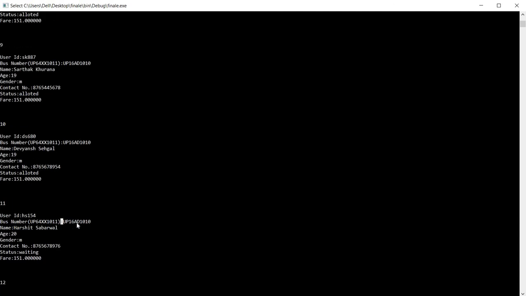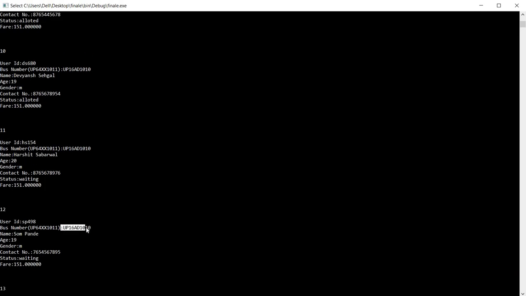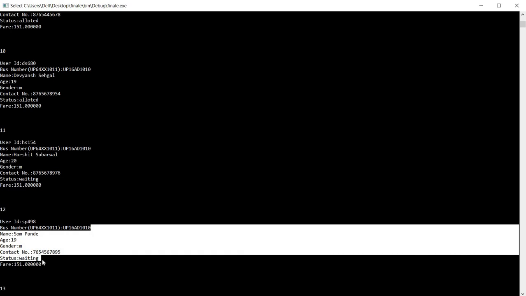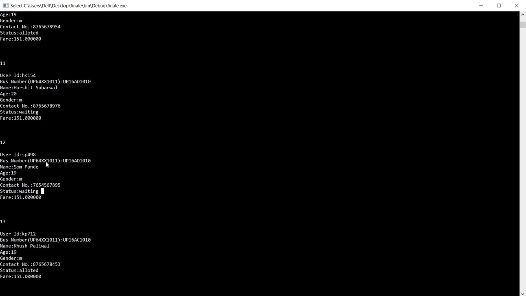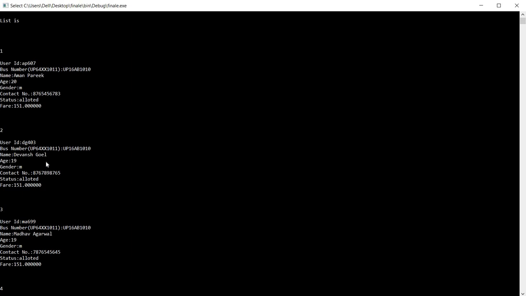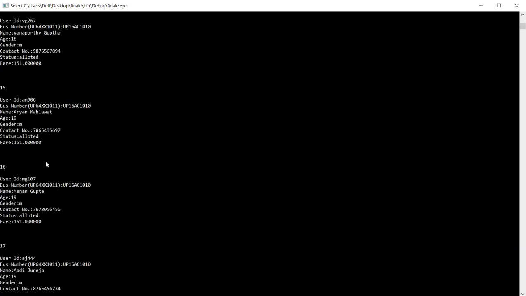So here's the 6th person in the bus UP16AD1010, but the status is waiting, right? The 7th person and the status is also waiting. Yes, so there are 7 people, 5 of them are booked and 2 are in the waiting section. Let's book Aman Parikh in the bus UP16AD1010.